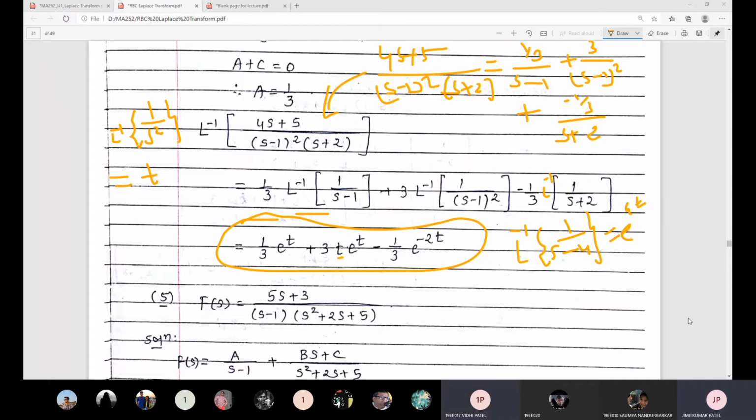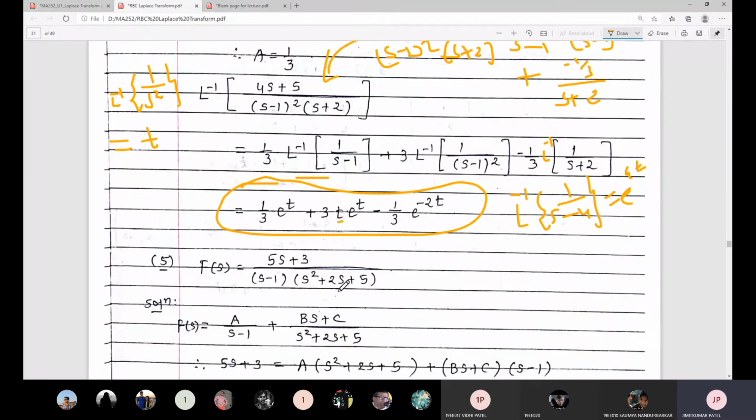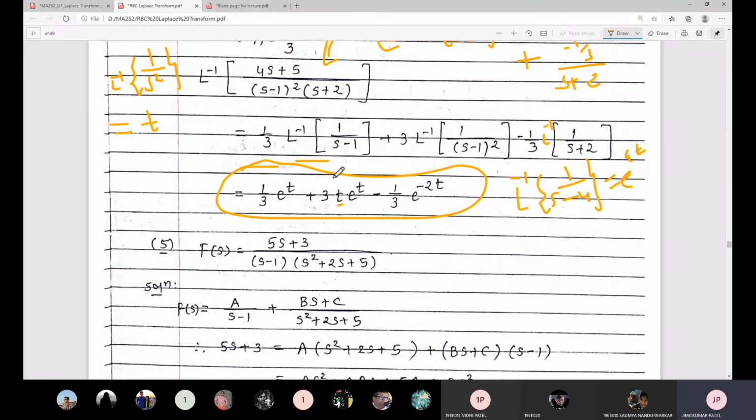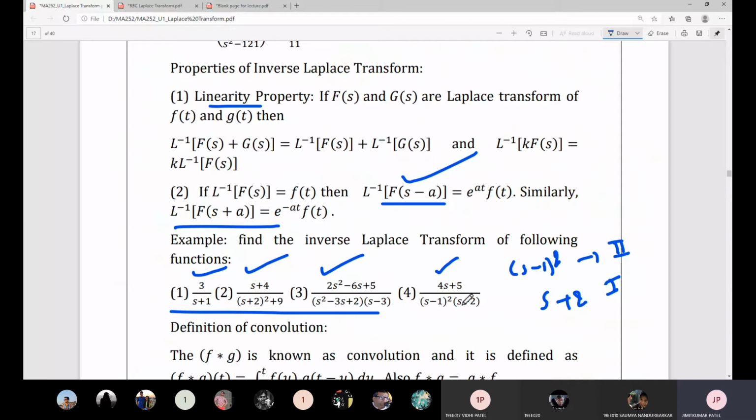No problem, sir. Okay, so try for this example. This is not listed in our PDF. Okay, there is a fifth number example, because in the first example, example number 3, we use case number 1.